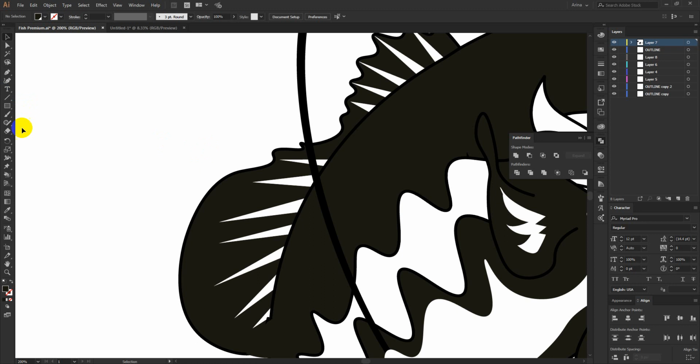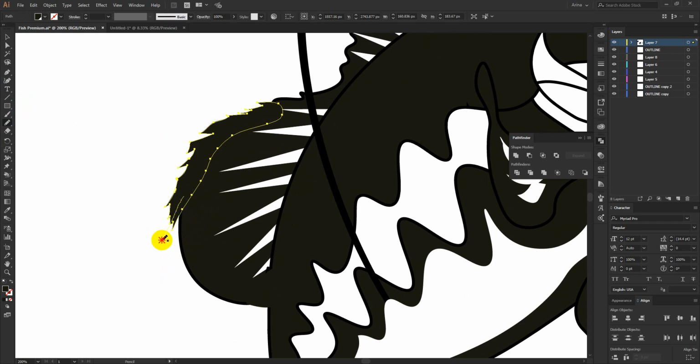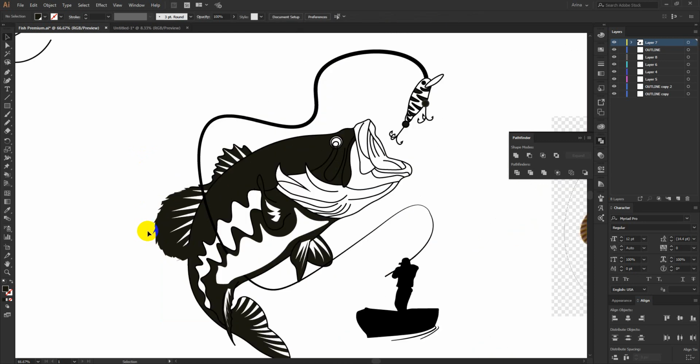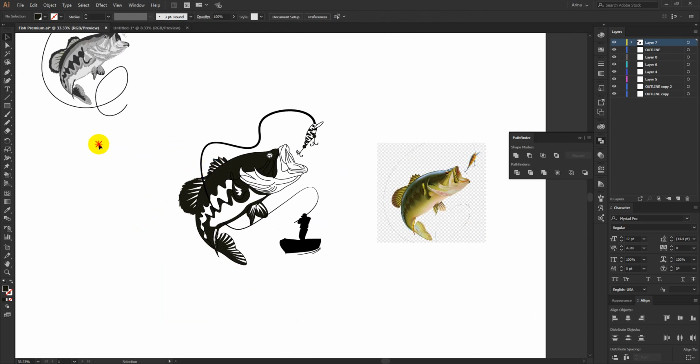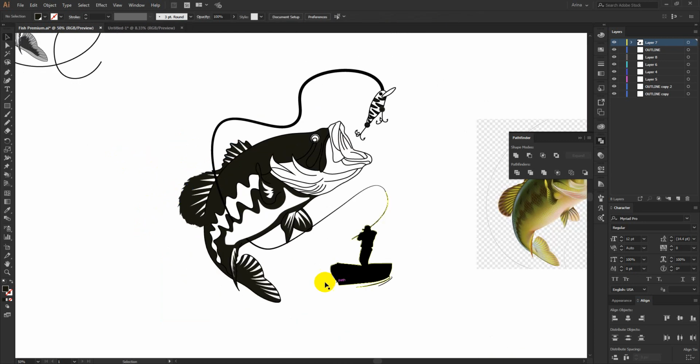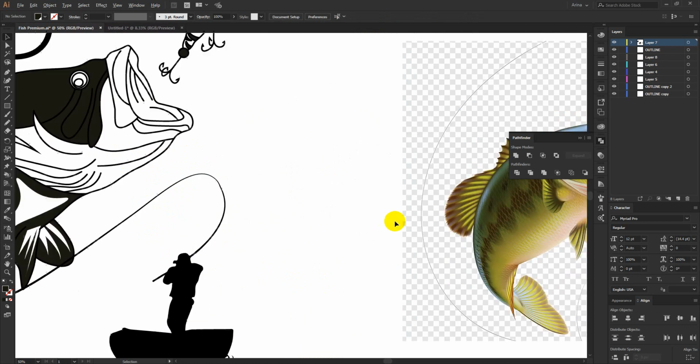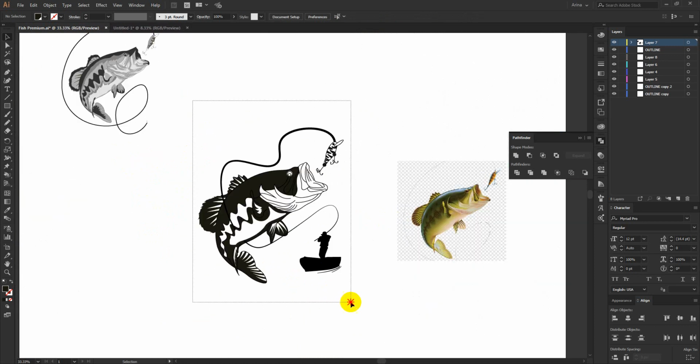Now I am just going to show you some little details. I could have added that, but just to show you how to make this kind of design. You can see these are just some random lines I am drawing with my mouse here. I am not using my graphic tablet. Okay, just to make something kind of fill for this original fish here. Okay, now my design is ready.